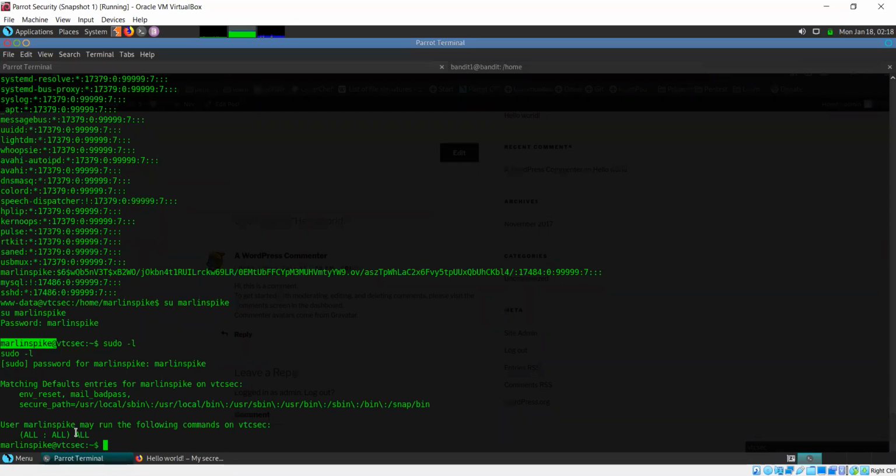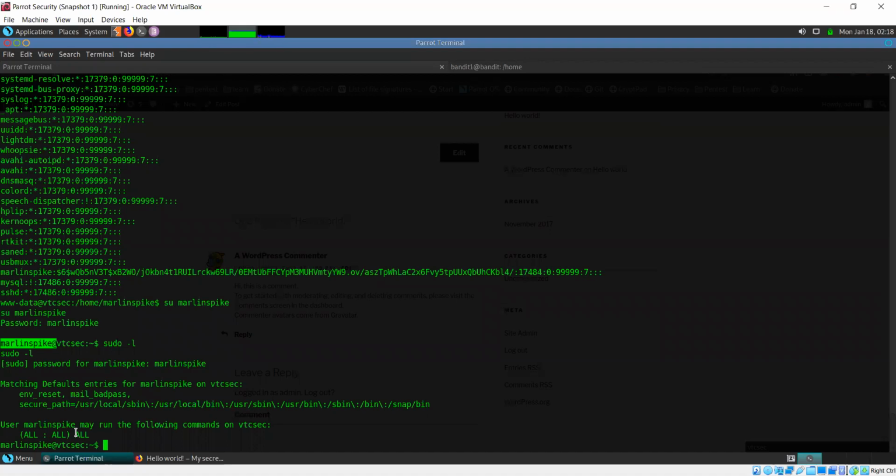Yes, we used Python. We used a command line to spawn a bash shell, right? What if I run that exact same command, but with sudo? I think it will work, sir. Okay, let's try it.